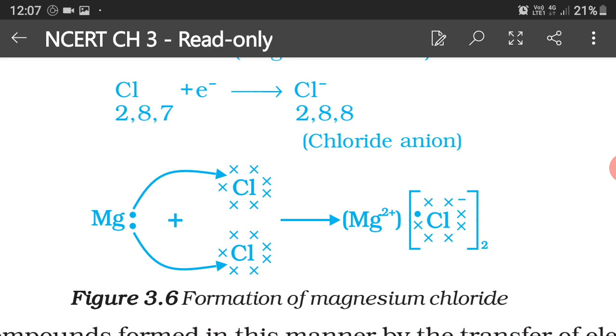But when we show the structure of magnesium chloride, here we need to show 2 atoms of chlorine with 7 valence electrons each and magnesium with 2 valence electrons, transferring 1 electron to each chlorine atom, such that in the product form we get a magnesium 2 plus charged ion and 2 chloride atoms along with 1 electron each from the magnesium, and a bracket, outside of which we will write 2. Thus it completes the formation of magnesium chloride.